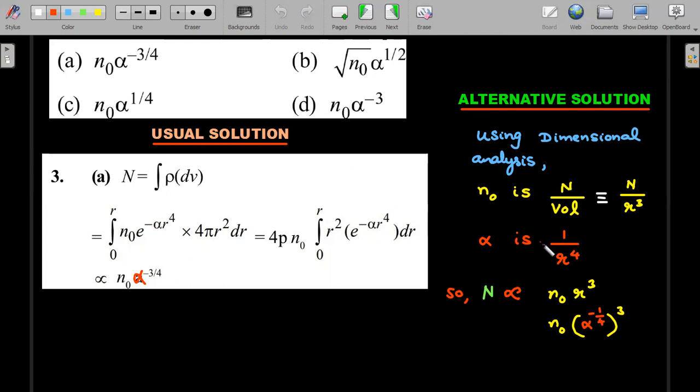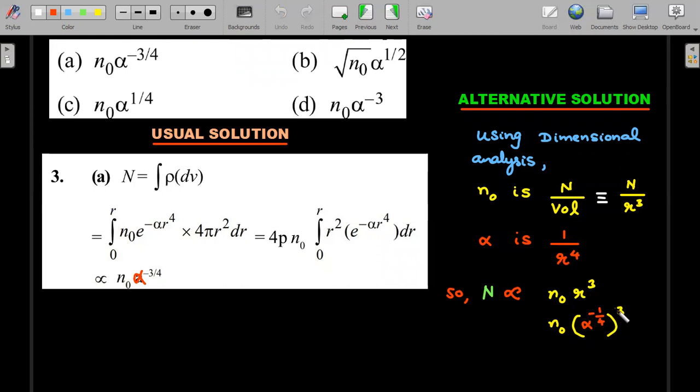So alpha is proportional to 1 by r power 4. Since the number of molecules is being asked in the question, you have to manipulate the n naught and alpha such that the final answer should not have any dimensions. Since n naught is already n by r cube, and r cube can be associated with alpha power